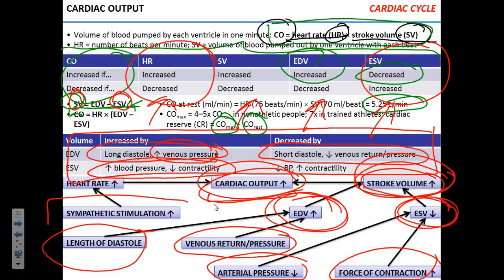And finally, sympathetic stimulation. Increased heart rate, increased cardiac output. One of the good examples is the EpiPen. Along with other effects it has on people with severe allergies, it increases heart rate. Because when a person has an anaphylactic shock, what happens to the person's peripheral blood pressure? Surprisingly, that's why it's called shock. It goes down.